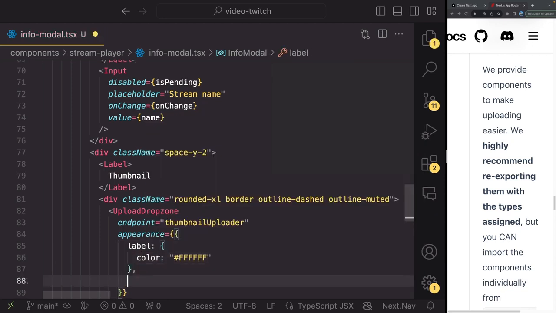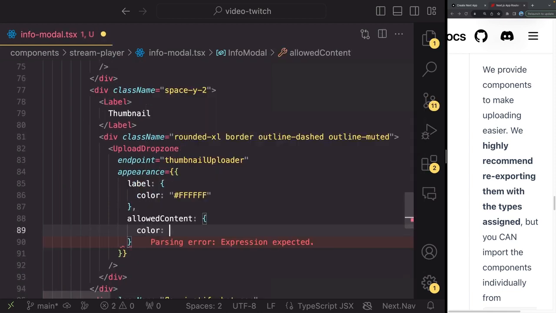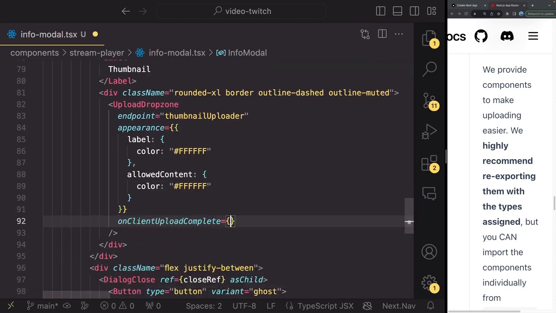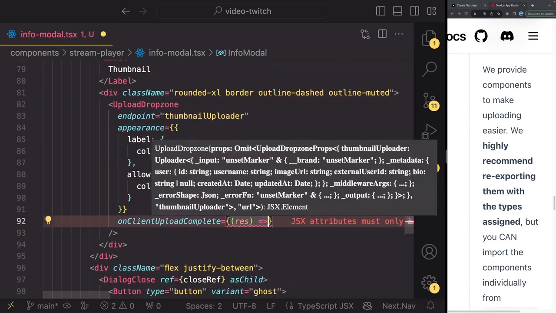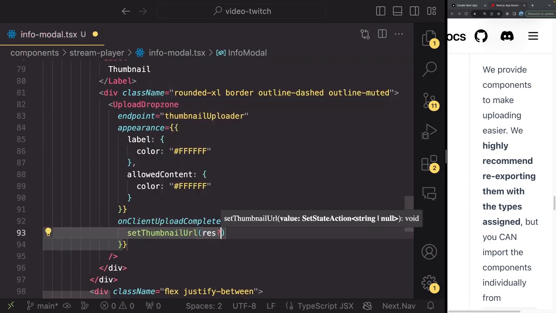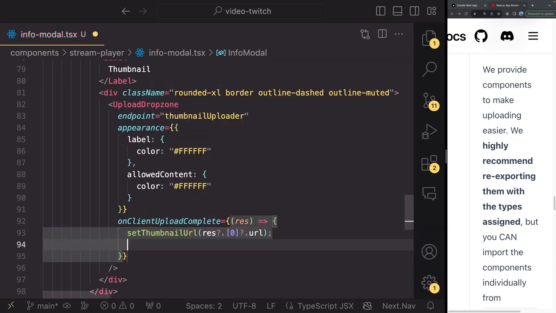FFF. Let's go ahead and write allowed content to use the color FFF as well. And let's pass in the prop on client upload complete. Let's get the response. Let's do set thumbnail URL to be response first in the array .url, and let's do